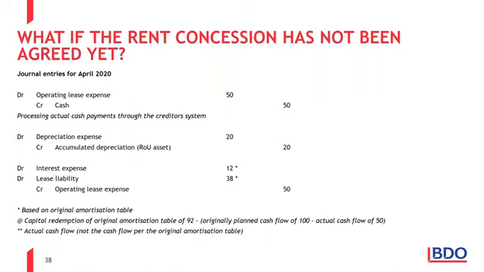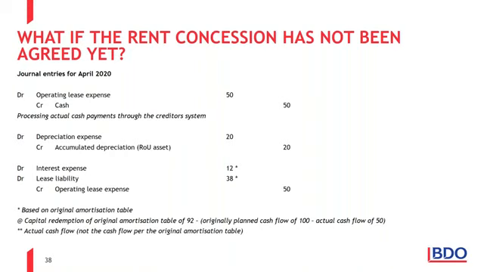If we look at the journals, that first journal is the journal that the creditor system creates. We credit cash and we debit operating lease expense. That's what our system generates. And now the bottom two journals are what the finance team come and fix over the top of that first journal. So depreciation is easy. They have their depreciation expense of $20. And then they say, okay,